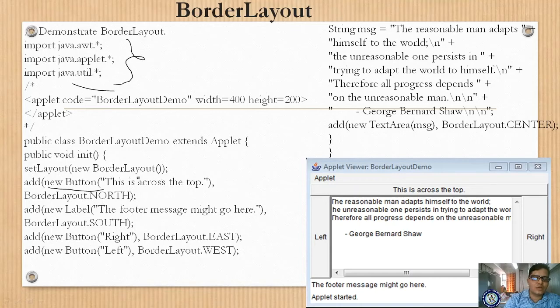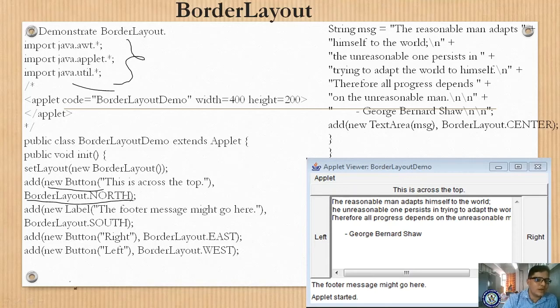Then what content should be displayed on that button? "This is across the top" is the value that should appear on that button, and its border layout you are specifying as north. In the north side, the topmost, it is supposed to appear.